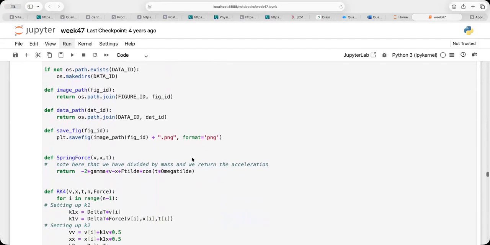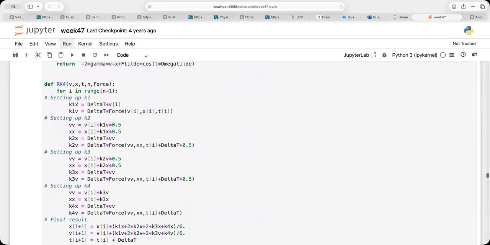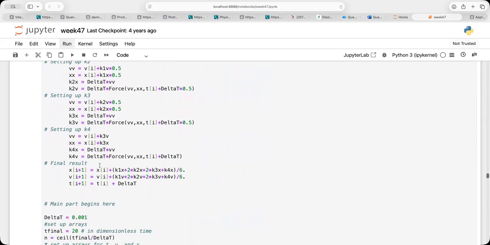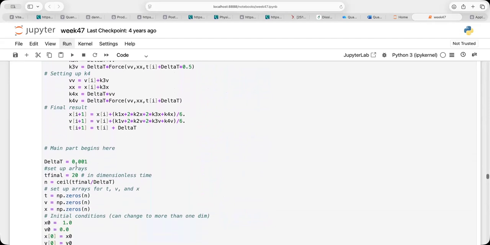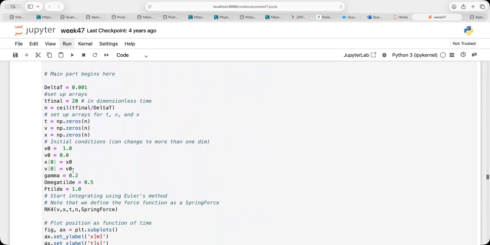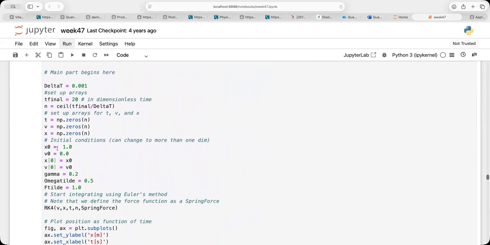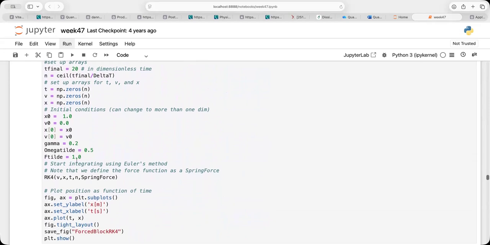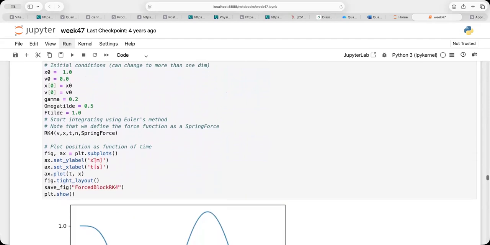So let's go back to the Runge-Kutta code. You will see here that we have the RK4 method, which sets up the different contributions to the solution of the differential equation. We set a time step delta t, a final time, and then we have the initial positions and velocities. Then we define these parameters in front of the force, and we simply solve it.